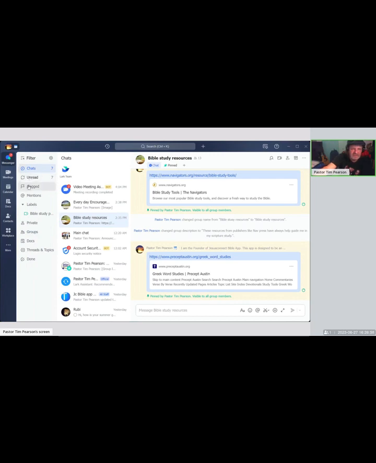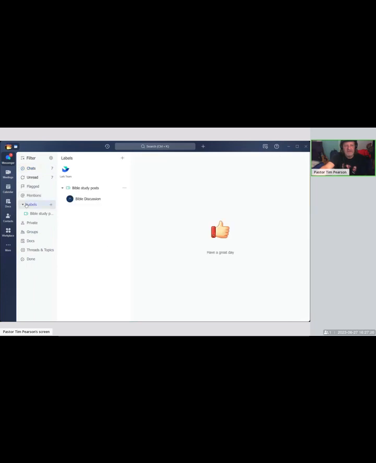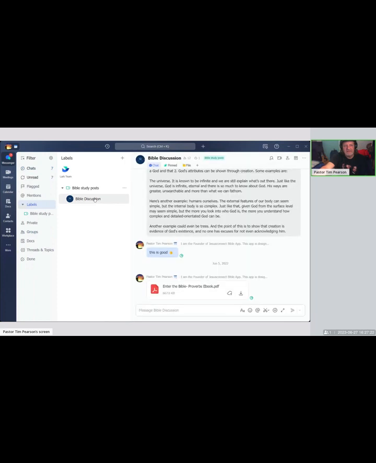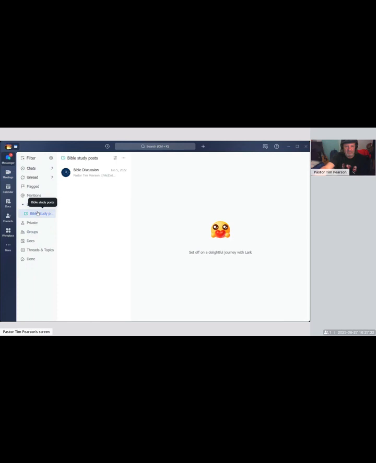You've got your unread portion of it, so you can click on that and get caught up. You can also flag messages, if there are messages that you want to go back to later, or you want to store them because you want to use the content from one of these in something. Mentions: if anybody in the group mentions you, you will be notified. Labels are kind of cool. That label could be a discussion that you're having, whatever, and they're stored in a file category, so they're easy to come back to. So you've got your labels, and any private chats that you would have.